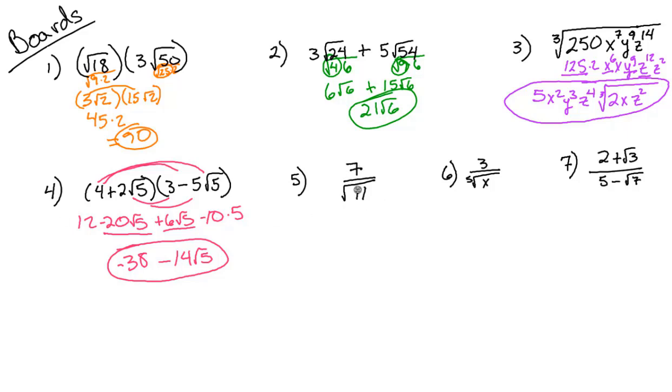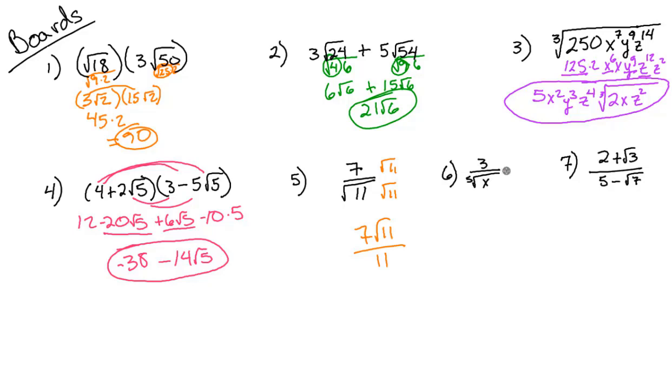7 over the square root of 11. Here we're going to be dividing, which is rationalizing the denominator. So times by square root of 11 over square root of 11, and we get 7 square roots of 11 all over square root of 11 times square root of 11, 11. That's right. Remember, that's the easy one. With a square root, you can just times it by itself on top and bottom. All right, number 6,